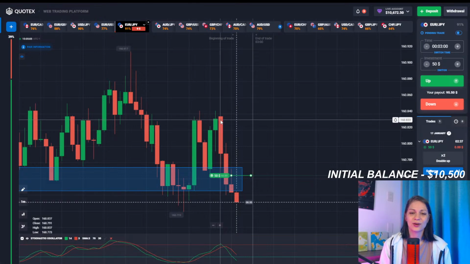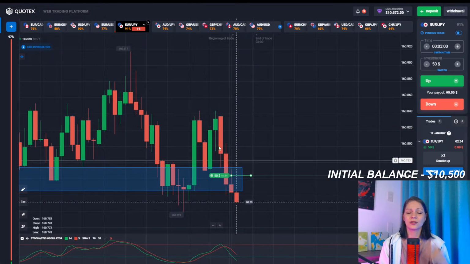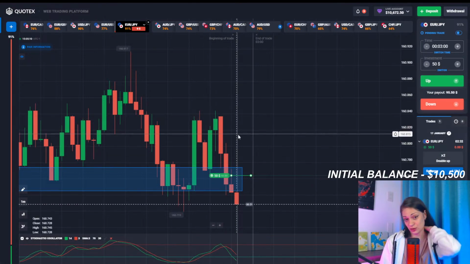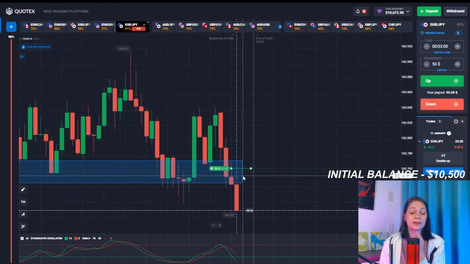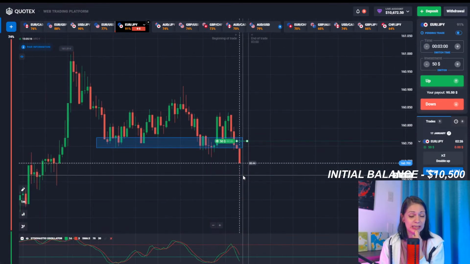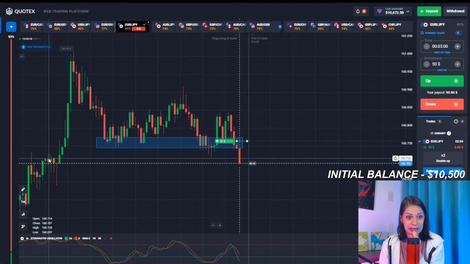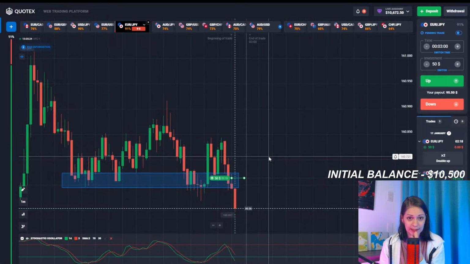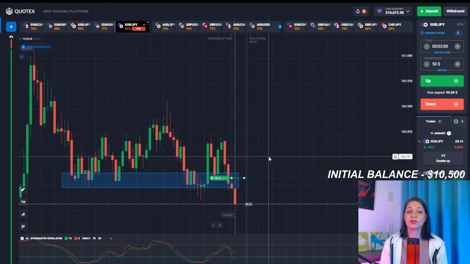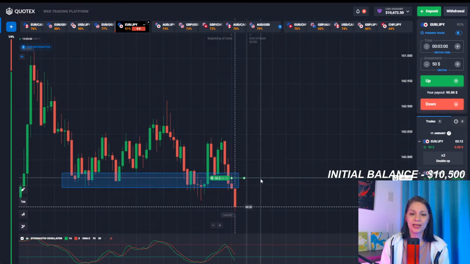And this is what we were scared of, that the price is going to go down, or it's going to go higher and reach that level and do the reversal that happened before. But for now, we see that something really, really bad is happening. The price is going lower and probably break through that level, which is awful. And we need at least one more deal for $100 to get our profit.